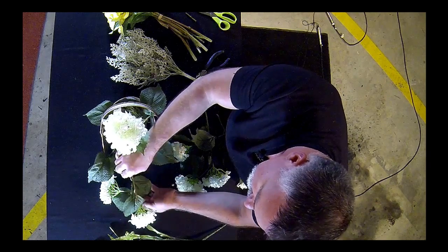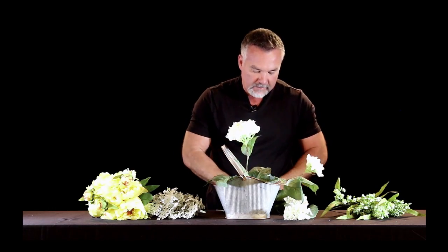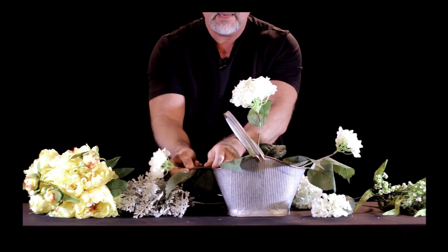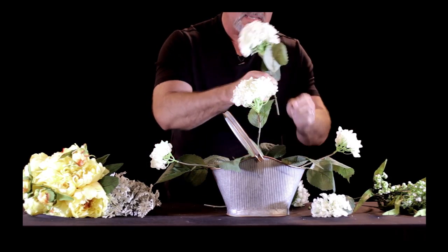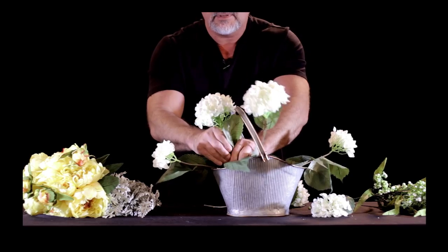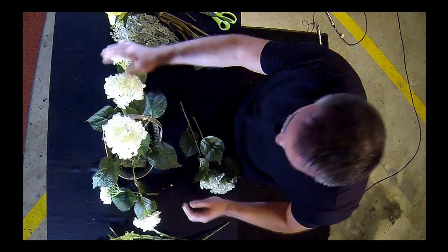I don't like seeing the back side of the leaf, so I try to make sure as I'm turning those in, I'm aware of where those leaves are falling. Same thing on the other end. And this makes the basic length of the arrangement. Now I have a second of those larger hydrangea blooms, so I'm going to place one of those over to this side, and it is going to fall almost equally between those two